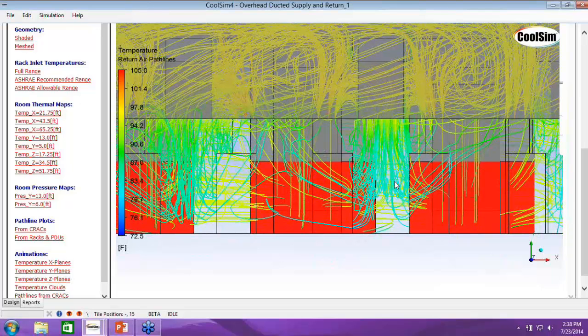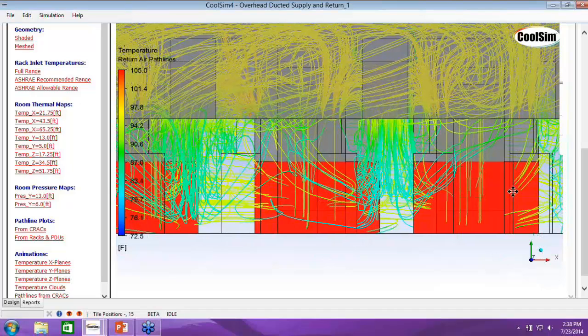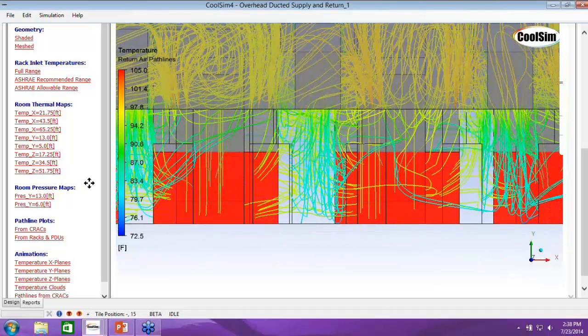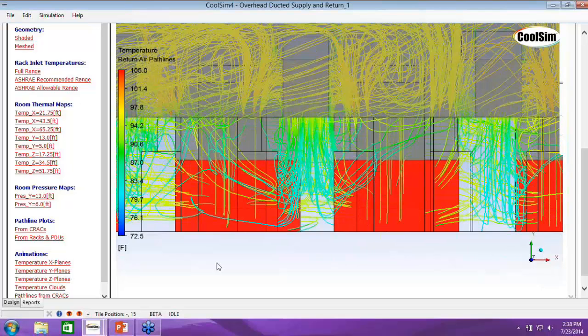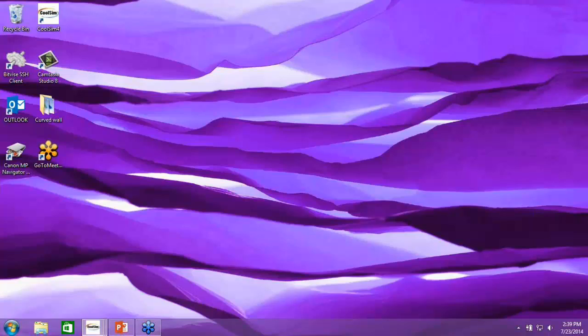I'm only showing return path lines here. There should be no return path lines that far down. The fact that they're that far down in the room suggests that I've got problems. Why are they there? Why are they coming down? Right? So what we did then is we went ahead and we changed the design a little bit here